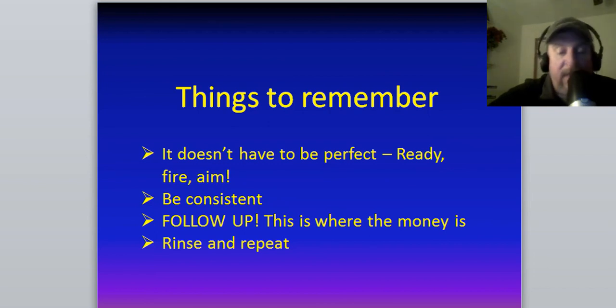Follow up, that's where the money is. Make sure that you have your autoresponder hooked up. Make sure that it is constantly being updated with more information. Make sure that you're creating some good content for people so that they're enticed to come and see the rest of what you're doing. And then, guys, step 4 is really just rinse and repeat all that. You just want to continue to do this over and over and over again.